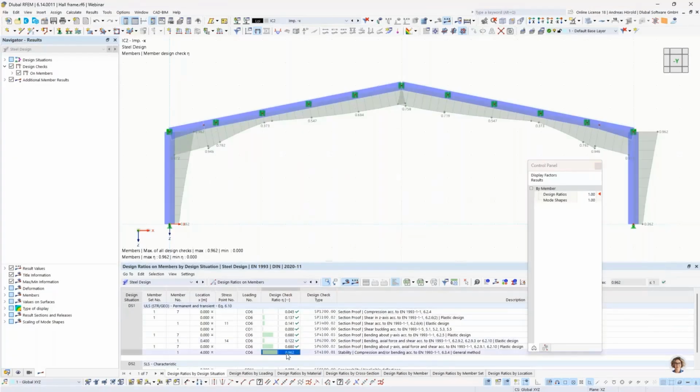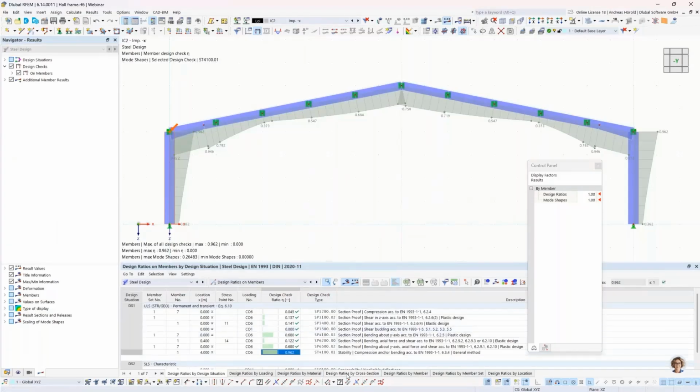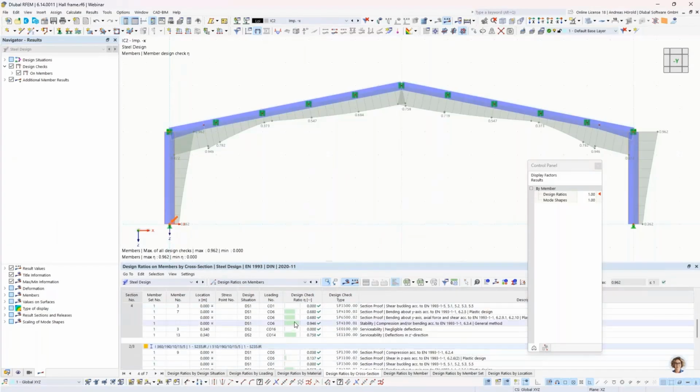We have got design ratios, 69% for the columns and then for the start of the beam here, 49.6% the design ratio. So we have a small reserve for additional loads,